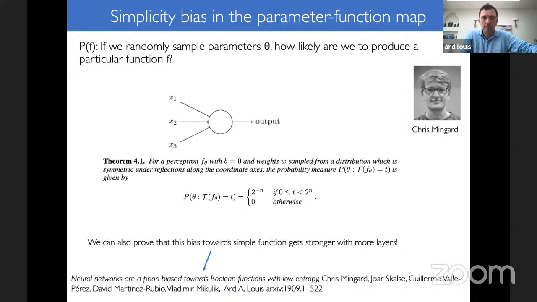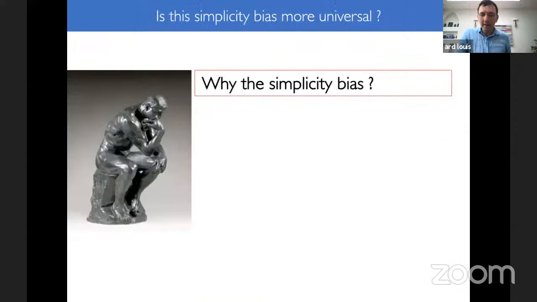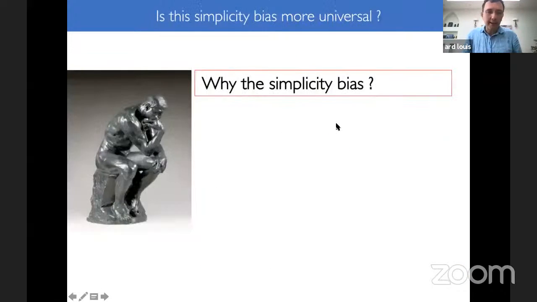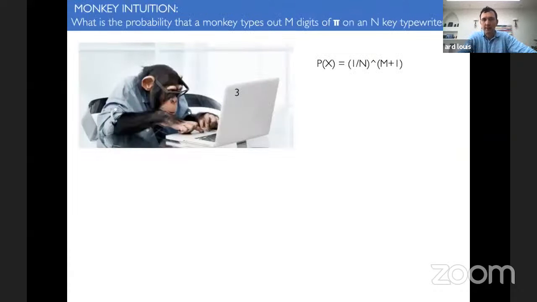They're kind of fun. So why do we see the simplicity bias? And why did I draw this line with this general P of X function there? Well, then I want to take a step back to a kind of physics or computer science inspired idea that I've been working on for the last 5 or 6 years, which is called simplicity bias. And the intuition really comes from this very simple argument. If I